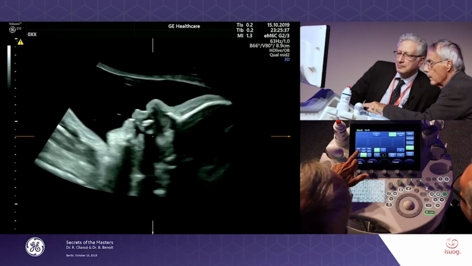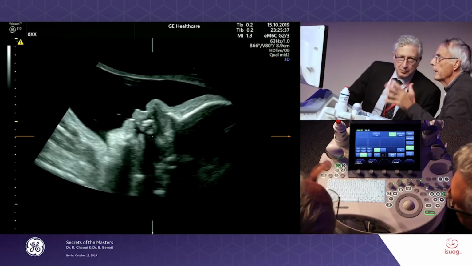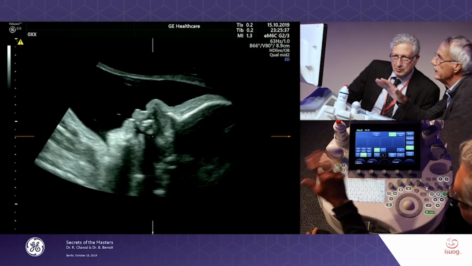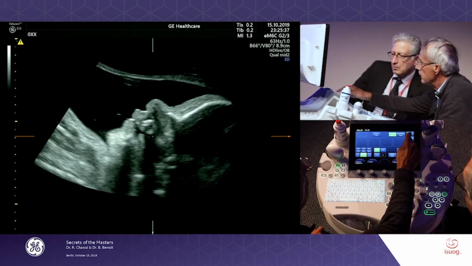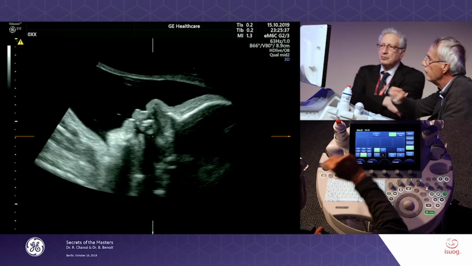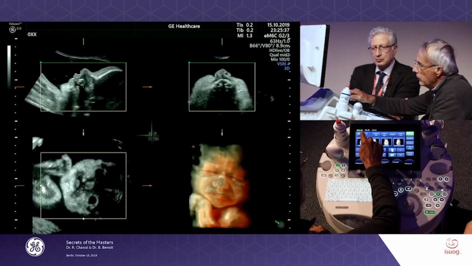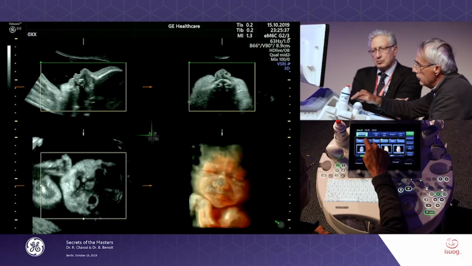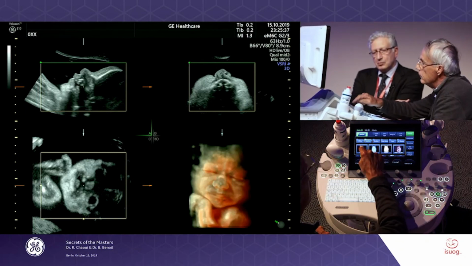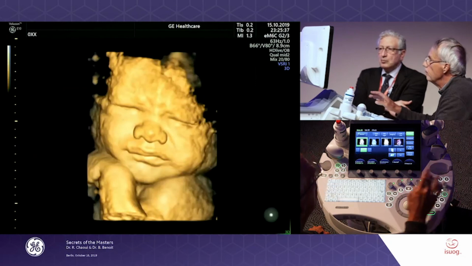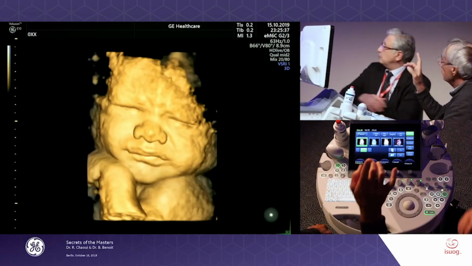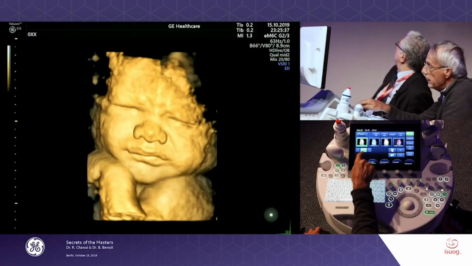So now we will see what we can do with 3D rendering. First, we need amniotic fluid. In this case, it was a nice case because you have lots of amniotic fluid in front of the face. You choose render, and you have different render modes on the system. This is a routine, and you have to look at this. It's not so nice, but you always have to